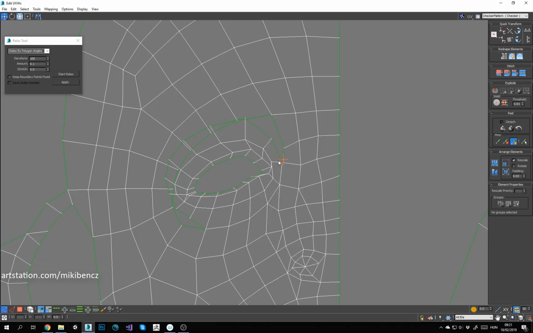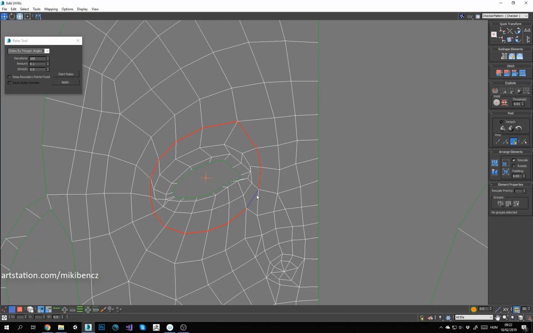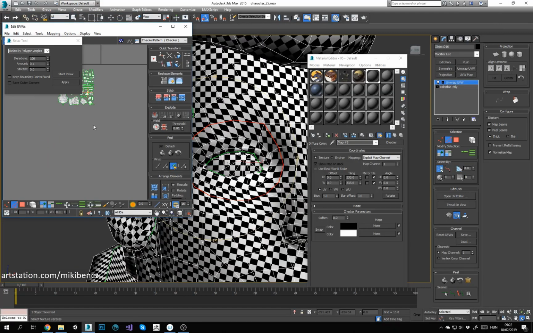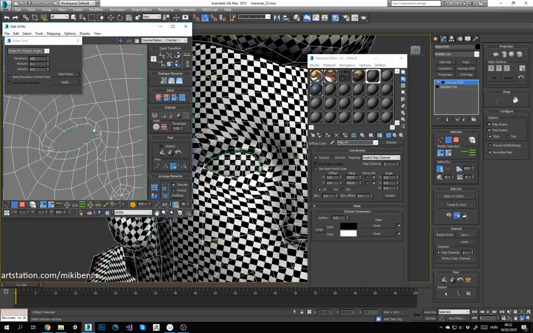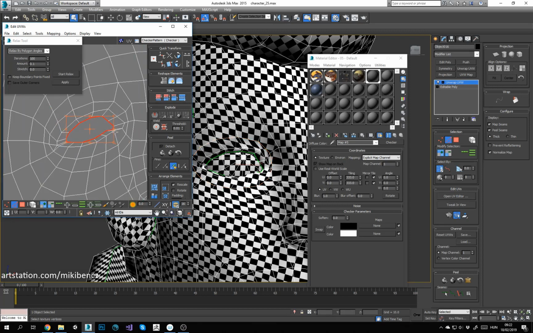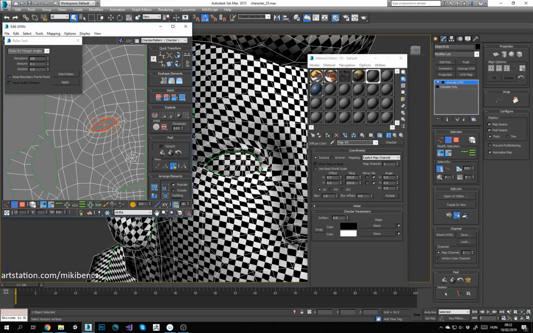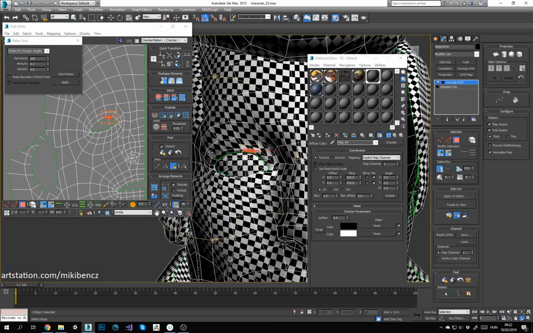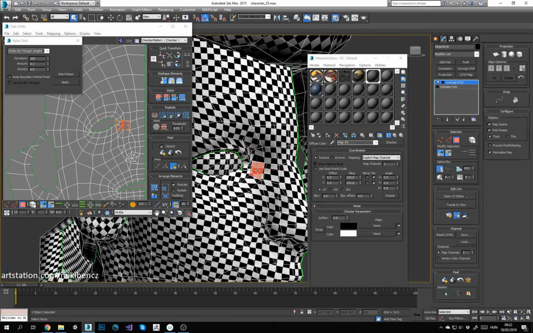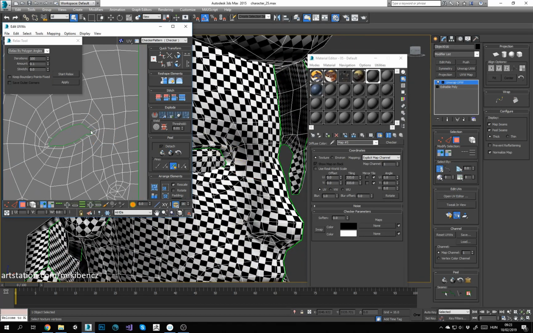Or maybe, yeah, I'm just selecting and hitting weld. It's basically the same thing as the target weld. So that's useful to do for me, because I was not sure how much stretching I want to do there. Of course, as I said, there will always be some stretching with the face, but I'm just trying to minimize